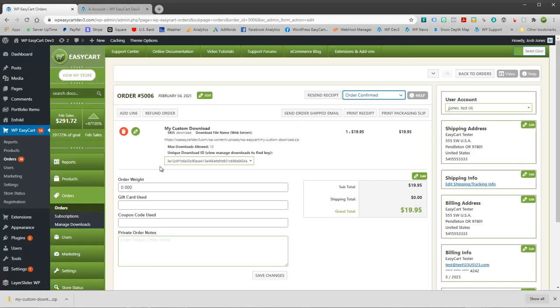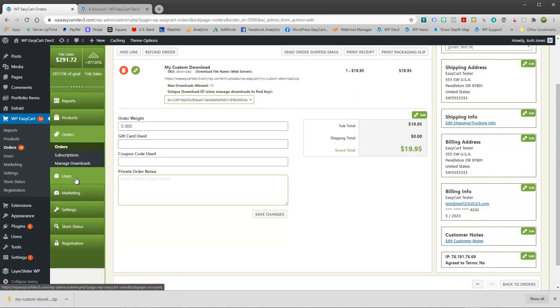Now, you as an administrator will see this in their order panel. You're going to see their basic order information along with their download, as well as the link that they're using. Now, you also have max downloads and a unique download ID right here. Now, you can go ahead and change this or manage downloads. Let's say somebody uses up all 10 of their downloads. You can come over to manage downloads,